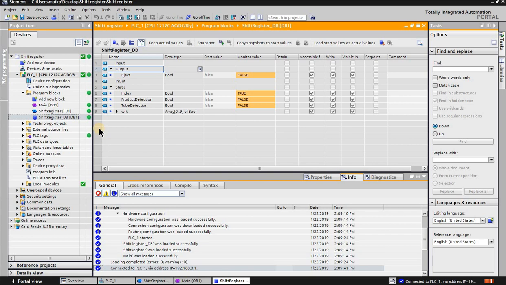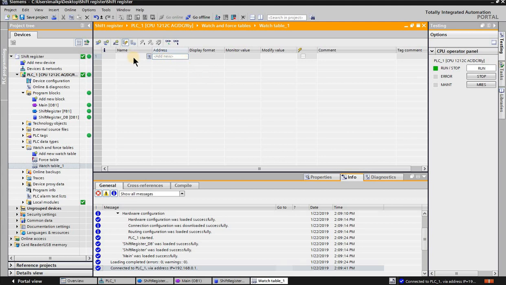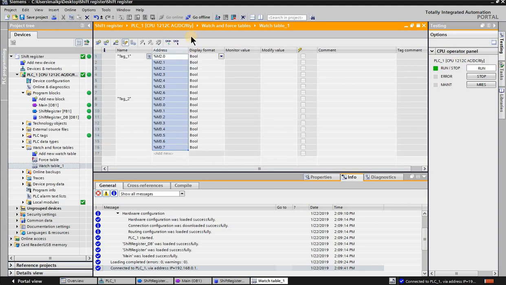And then let's also create a watch table, watch and force tables here in your project tree. Add new watch table, and then let's say we want M2.0. Hit enter twice, and now just click on the address. Go on the right lower corner. It's kind of like an Excel table here, and just pull it down, and it will number it the right way. So now we actually have